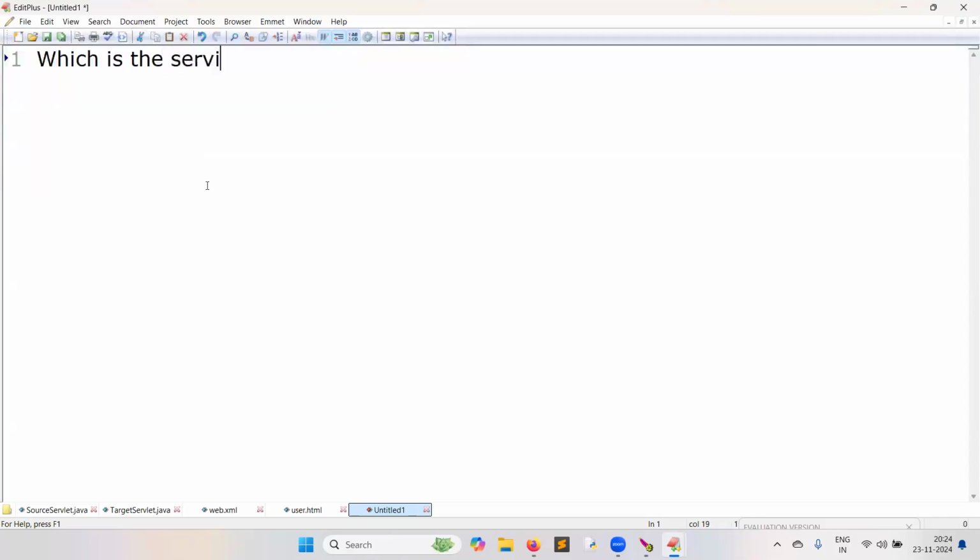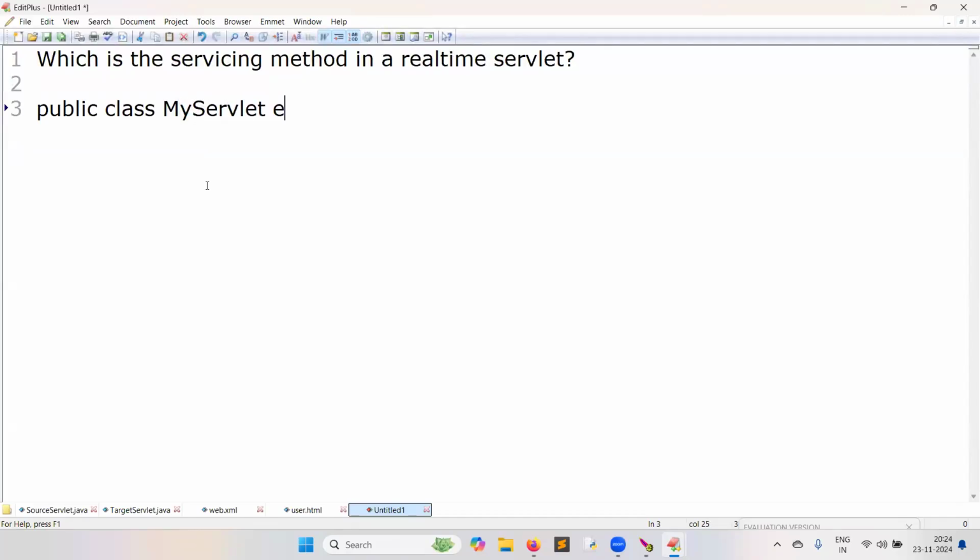Which is the servicing method in a real-time servlet? Please remember, in real time, if a servlet is written, my servlet extends HttpServlet.